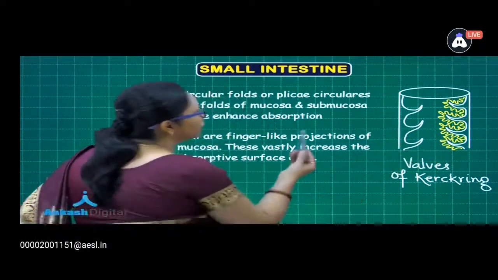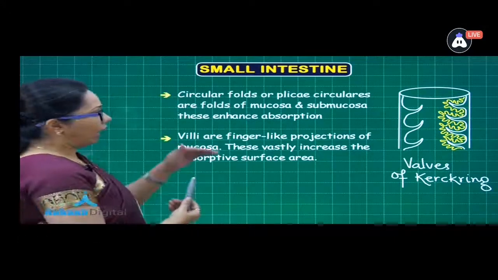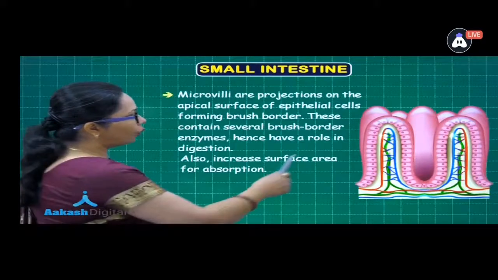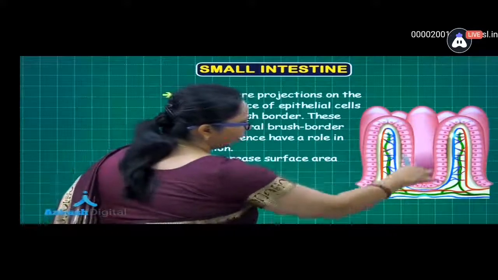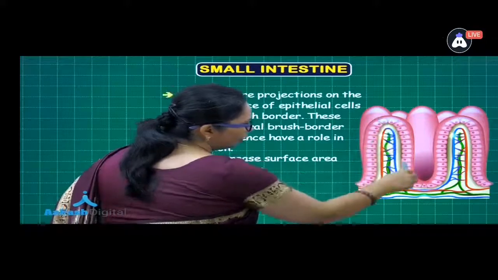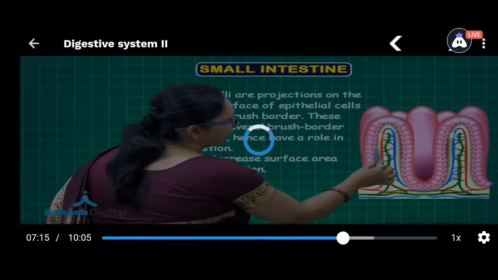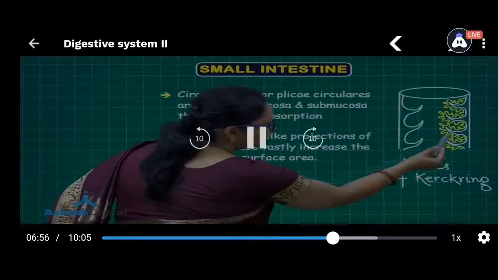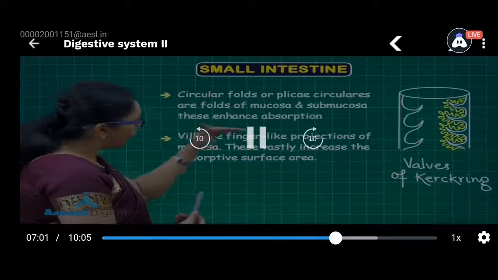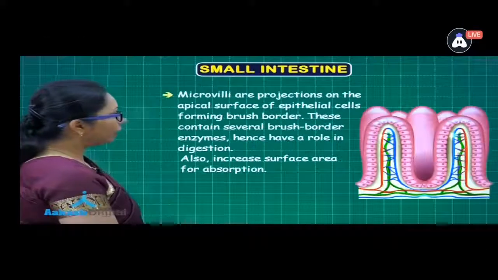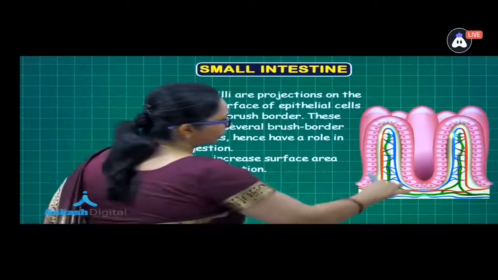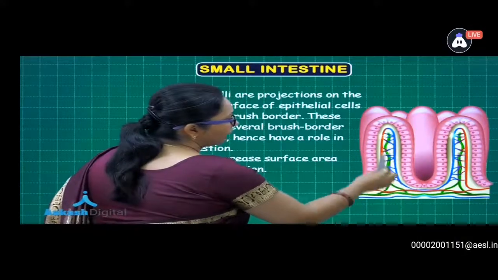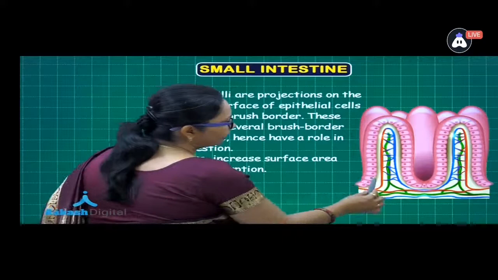These finger-like folds are called villi. Now, if we see the structure of the villi, this is how it will appear. So, this entire finger-like fold is one villus, and inside this villus what we can see is that